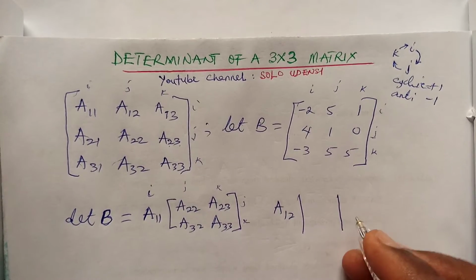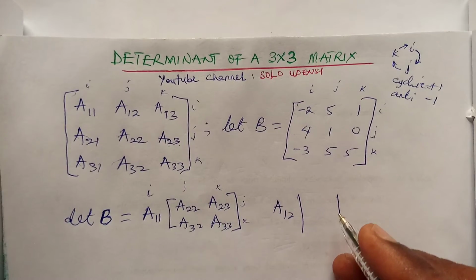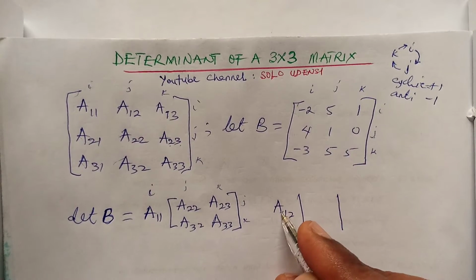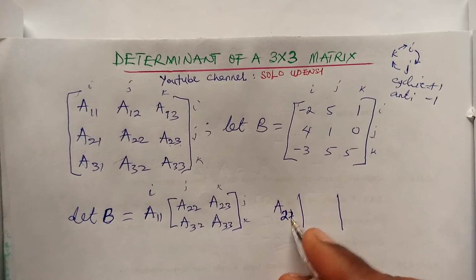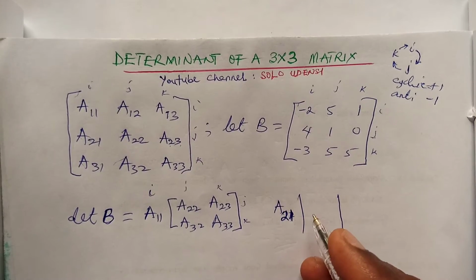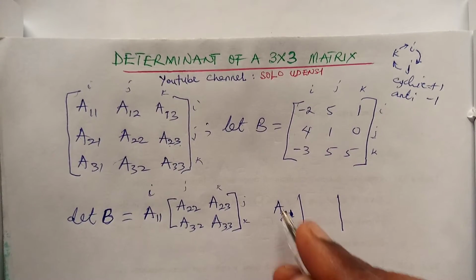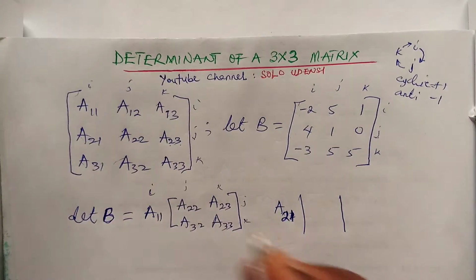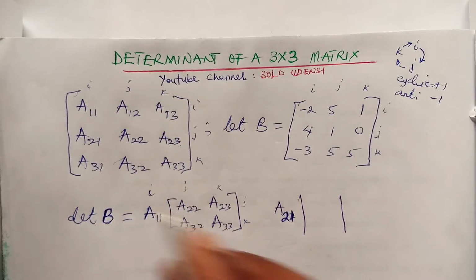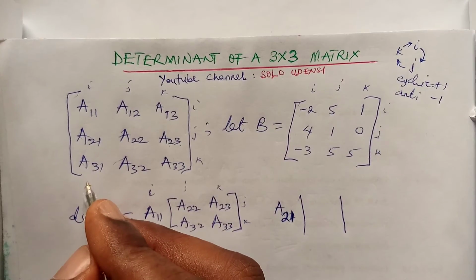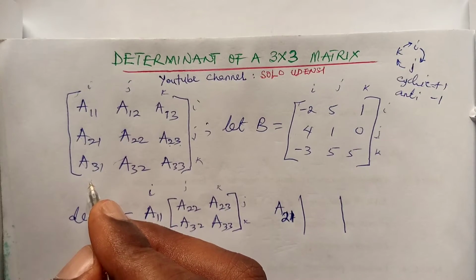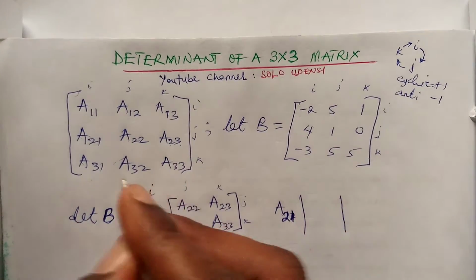For instance, let's pick 21. If we pick 21, this one, remember, is J. So we'll have to make it positive, we'll have KI. So K is